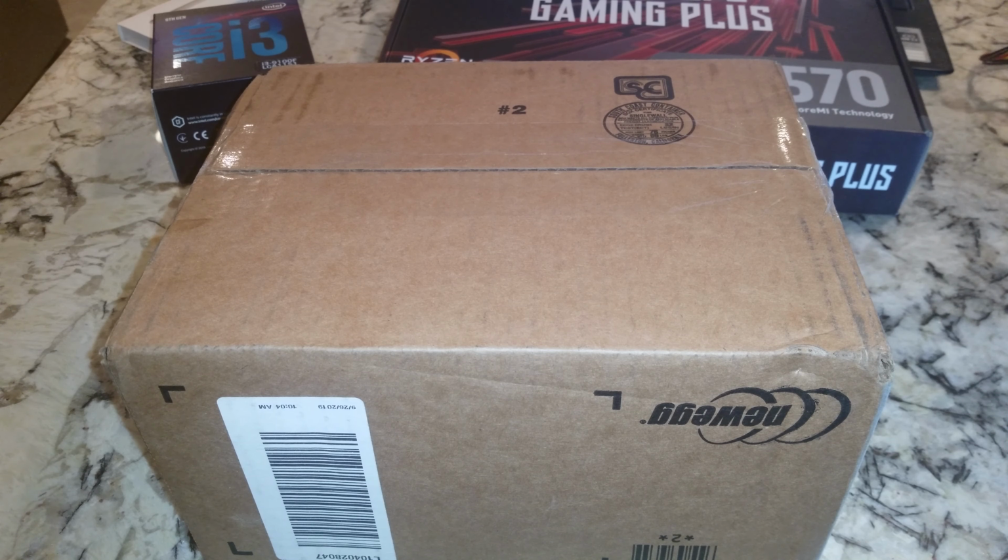A little lead in here. I now have my first AMD chip in what seems like many a year since I've done an AMD computer build. So many different Intel chips have come through the door and out the door here. So this is kind of exciting, especially if you look at some of the tech stuff that AMD Ryzen